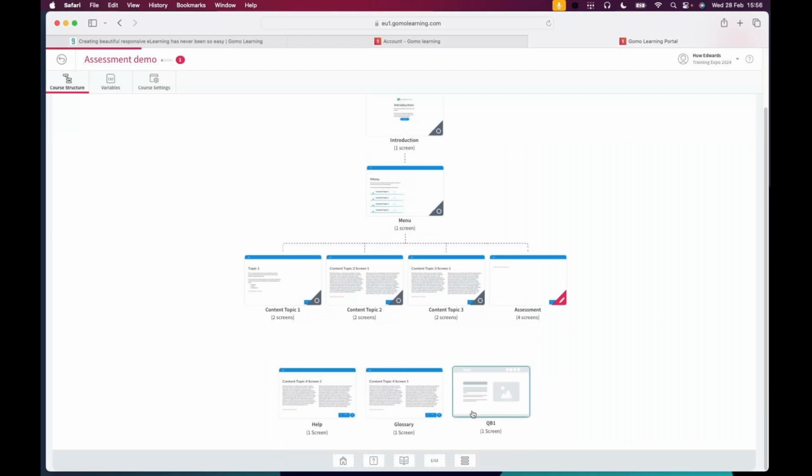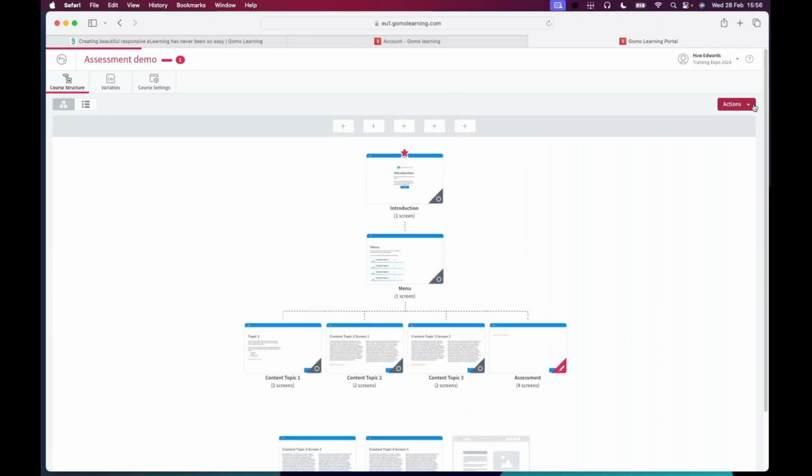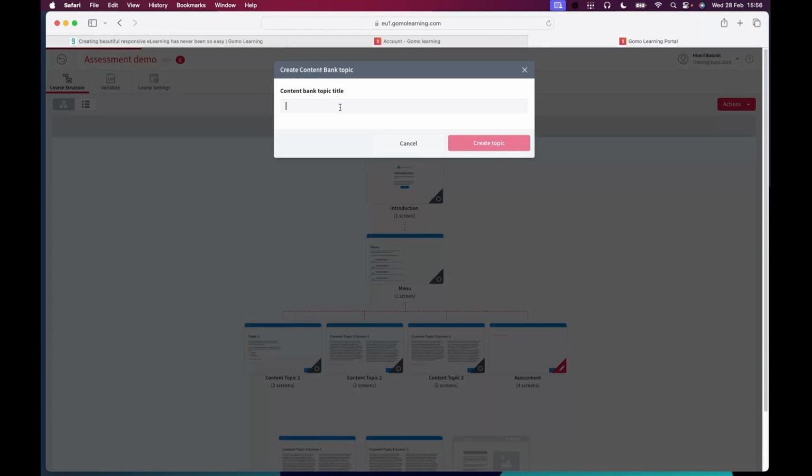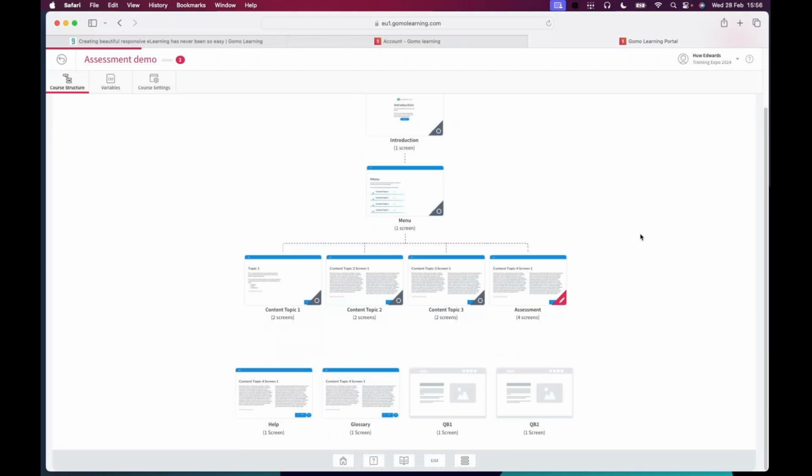It's going to create this as a topic down here. Let's add in another one quickly. So add another content bank. Call this QB2, for question bank 2. Now we need to actually populate our question banks with some questions. So let's just jump in here